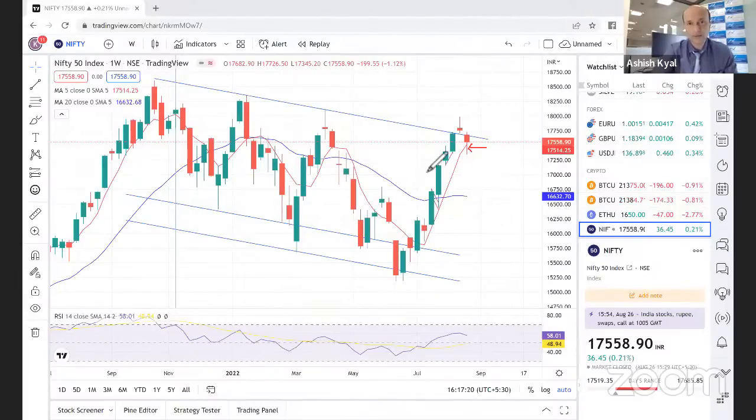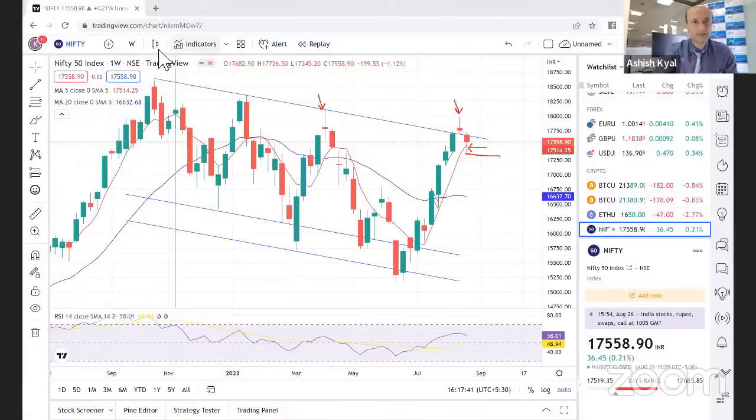That is possible because last time when you saw that happening, this is the overall move which happened in this case. We are seeing a similar kind of move here so far. So the low formed here, that is very vital.